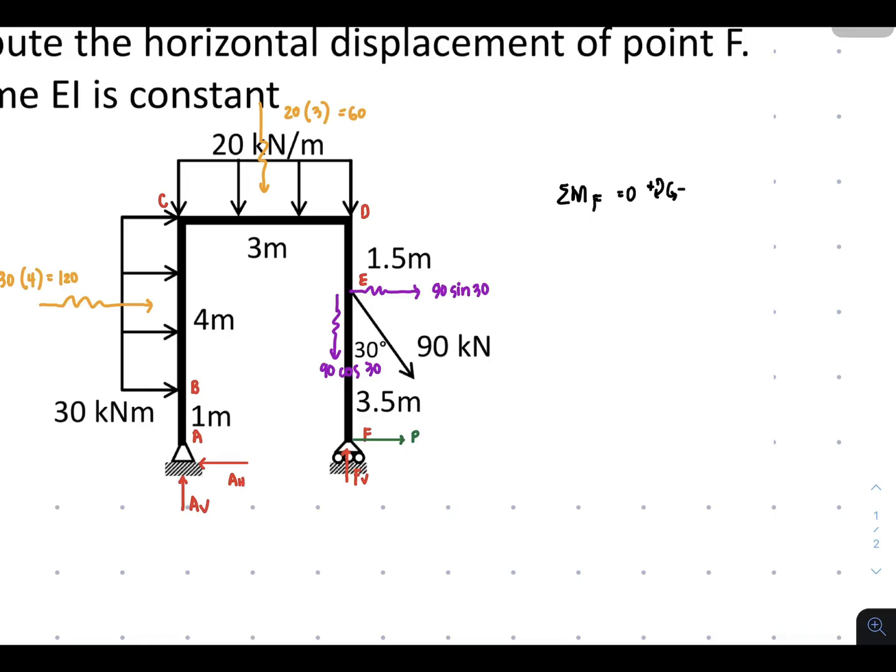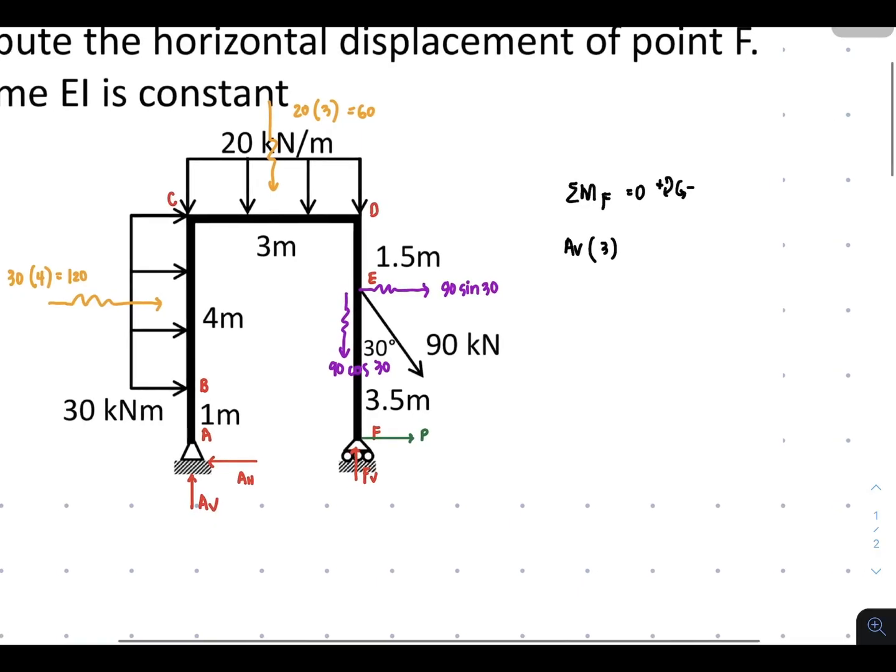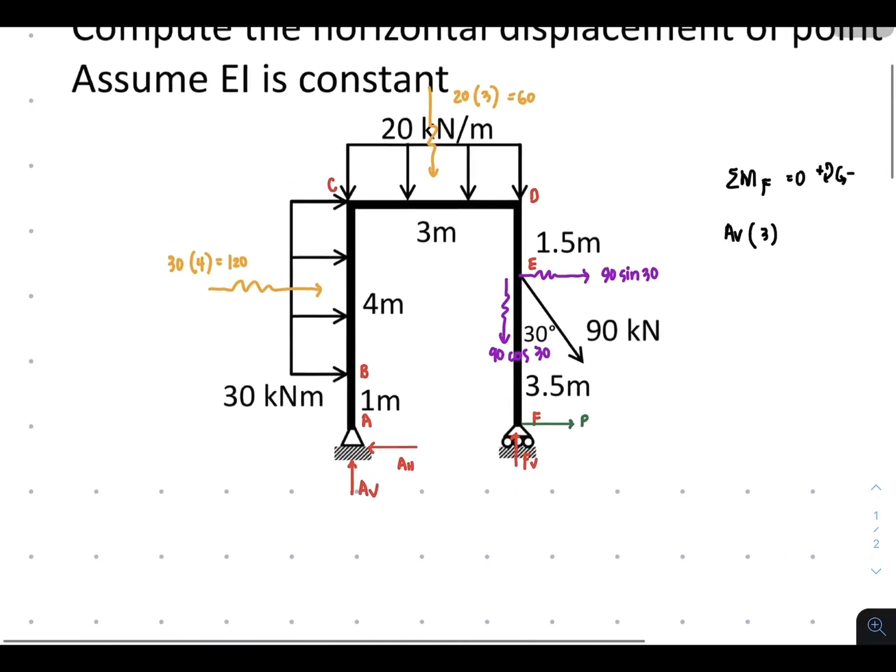It's going to be A vertical times 30, and then you have plus